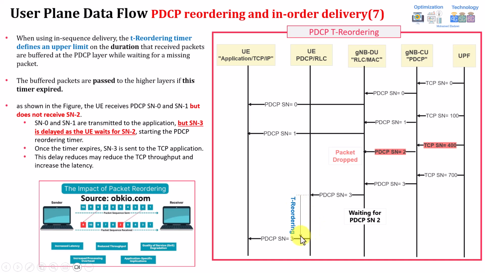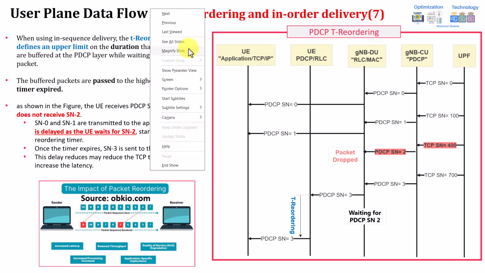And assume this timer is very high. If this timer is very high, this means we are increasing the latency, okay? And also if this timer is very low, this can increase the probability of the receiver or TCP in general doing retransmission. And doing retransmission at the TCP, as will be explained later on, can decrease your throughput, because TCP has a mechanism whenever there is a packet loss or a packet considered as lost or even high latency. This can be considered as network congestion, so it can reduce something called the window size, so it can degrade your throughput.